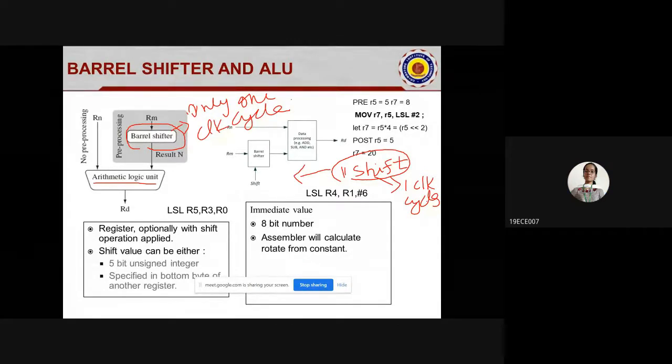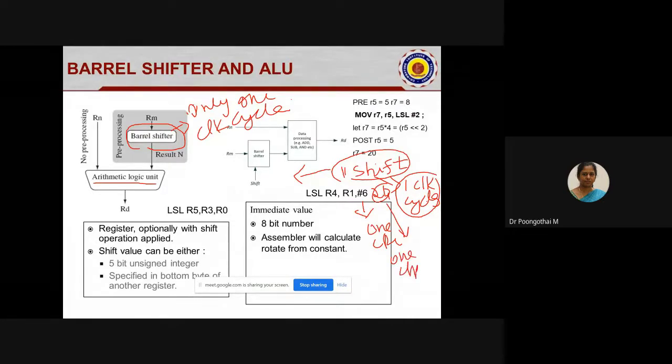Ma'am, can you repeat it? See, for each shift, your conventional shift register takes one clock cycle. For any number of shifts, your parallel shifter takes one clock cycle alone. Suppose I want to shift a 32-bit number 6 times. For 6 times, it takes only one clock cycle. For 24 times also, it takes one clock cycle. So that is the importance of your parallel shift operand.